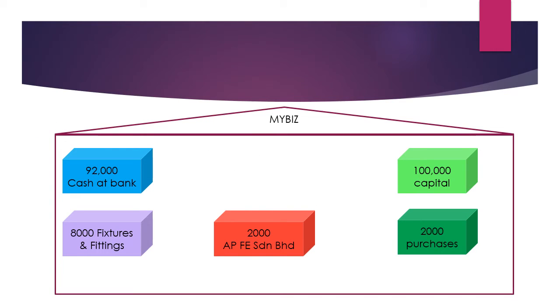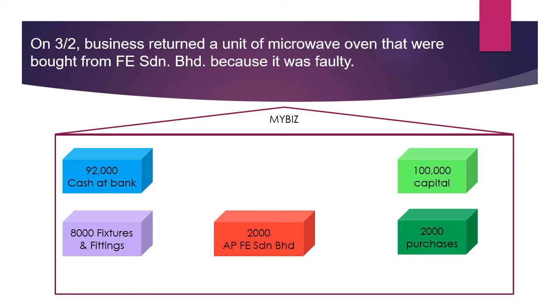So now the business has 92,000 of cash at bank, 8,000 fixtures and fittings, 2,000 liability to FE Standard Berhad, and then 100,000 capital and 2,000 of purchases. So this is what you currently have after those 3 transactions. And now